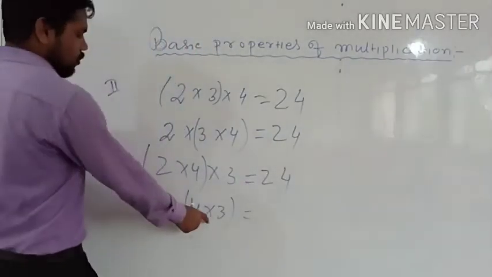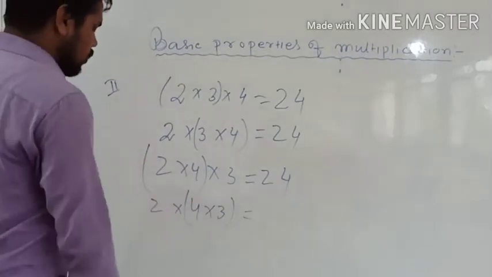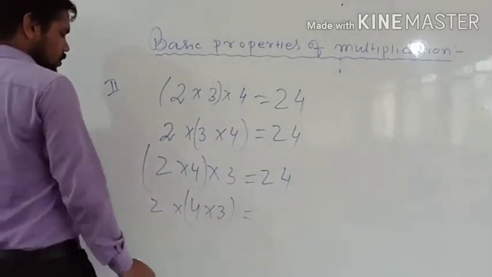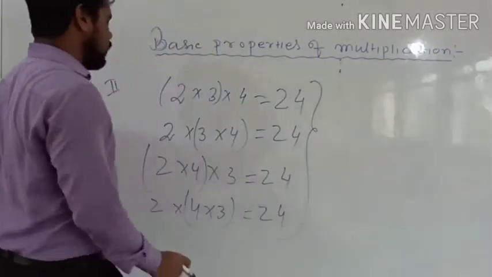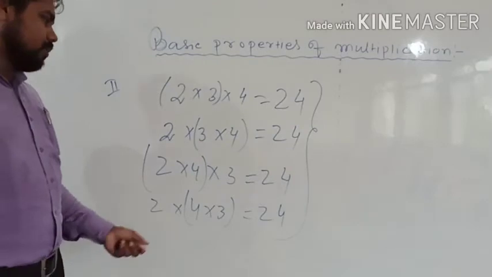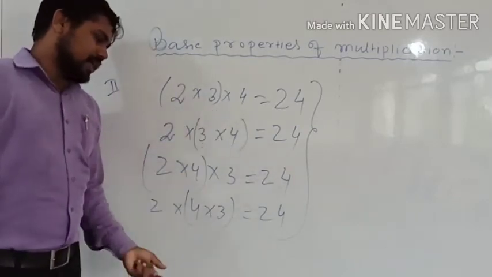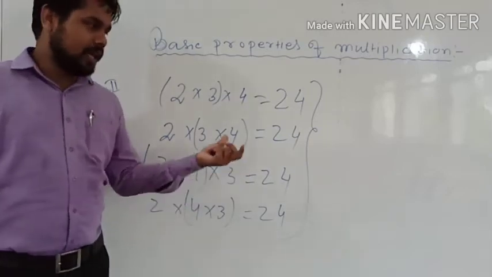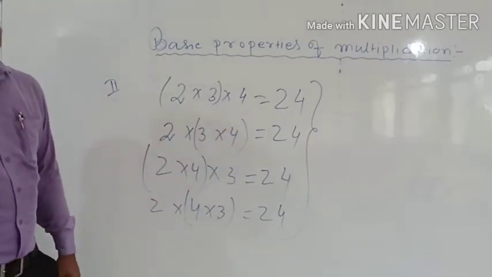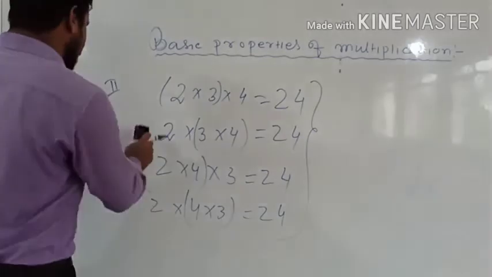यहाँ पे भी देख सकते हो 4 3 are 12, 12 into 2 are 24. तो इस तरह से आप कोई भी ऑर्डर में, कोई भी कंबाइन में, कोई भी ग्रुपिंग का कर लीजिए, चाहे सेम नंबर शुड बी सेम, यहाँ पे सारा नंबर सेम होना चाहिए, तो प्रोडक्ट विल बी सेम. ओके, नेक्स्ट प्रॉपर्टी इज प्रॉपर्टी नंबर 3.